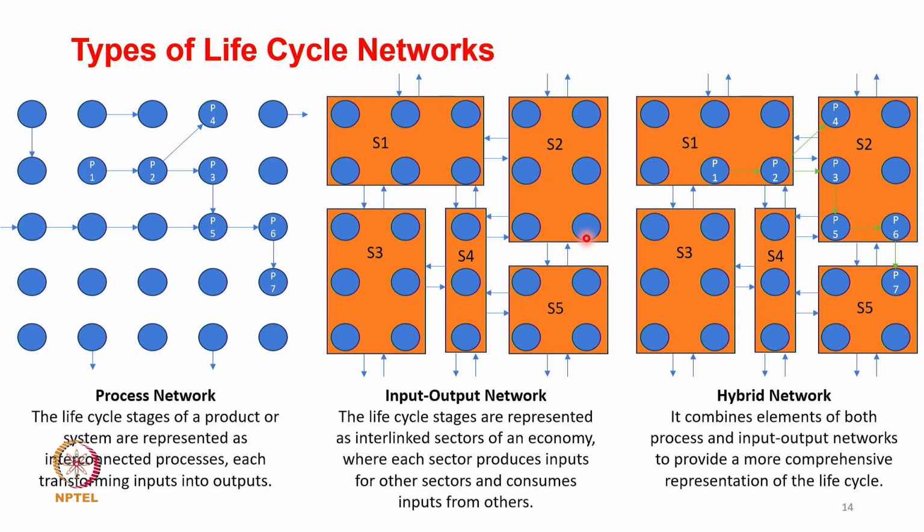And a hybrid network is a combination of the process network and the input output network, as we see over here. It combines the elements of both process and input output networks to provide a comprehensive representation of the life cycle. So now we will see